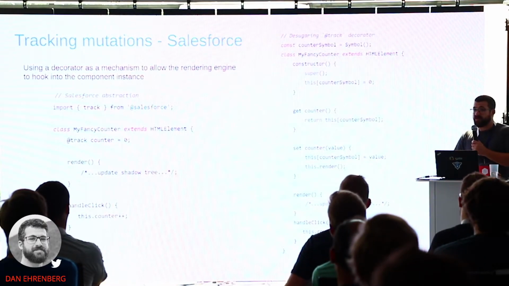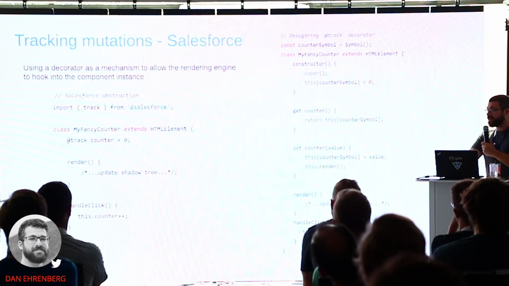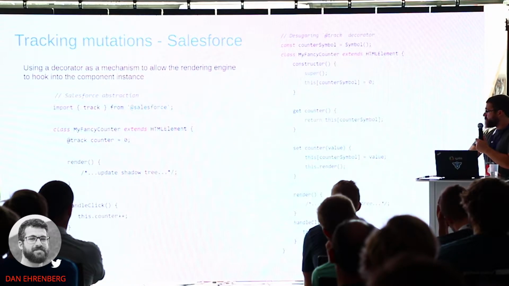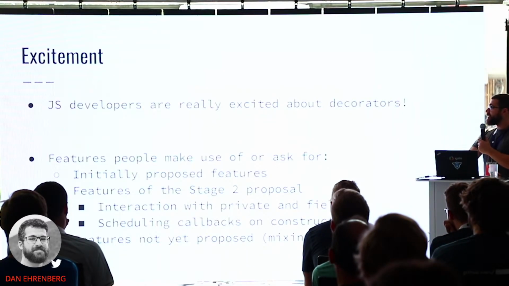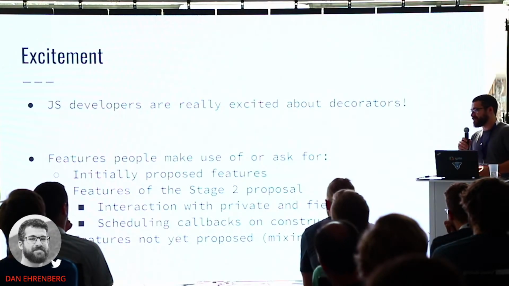So you see patterns that repeat across different software projects where they need to accomplish the same thing, and decorators give them a mechanism to hook in and do that, or from mutations. So yeah, this also comes up in Ember, similar things. So yeah, I get the feeling that JavaScript developers are really excited about decorators, and